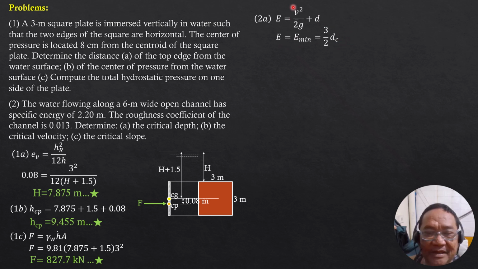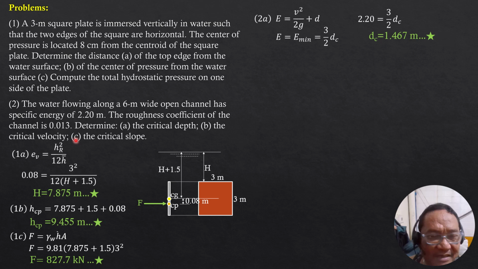By the way, if you want the derivation, you look at the playlist, fluid mechanics and hydraulics, then the topic on open channels, particularly on efficient sections, and alternate stages of flow, where you can find critical depth as a topic there. So substitute: 2.2 equals 3/2 of the critical depth. Solving for the critical depth, it is equal to 1.467 meters.